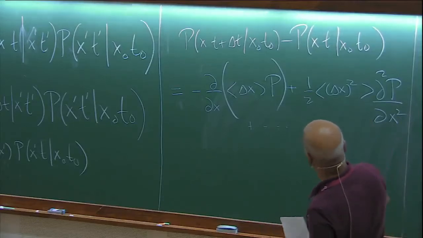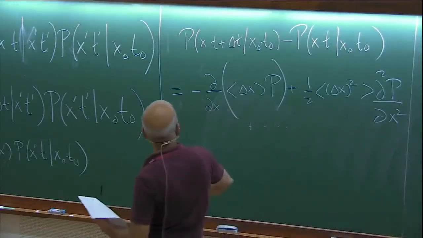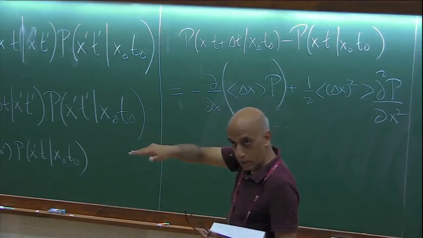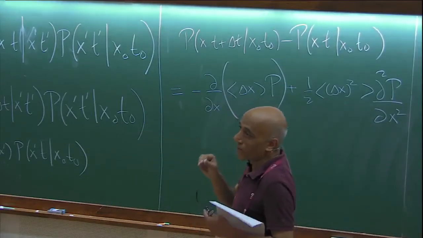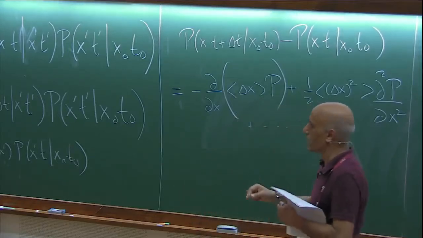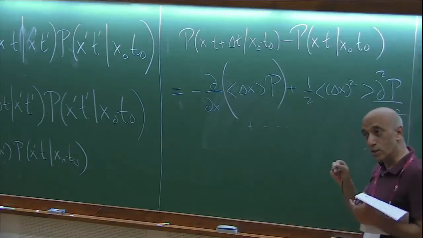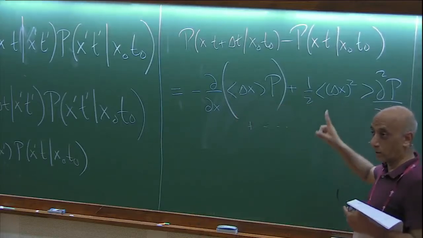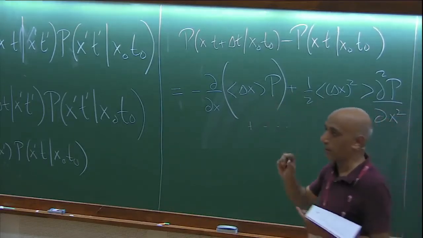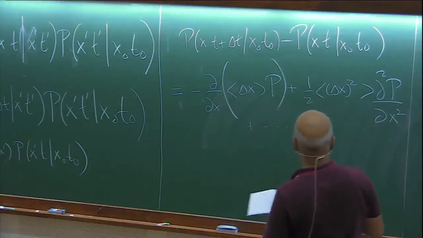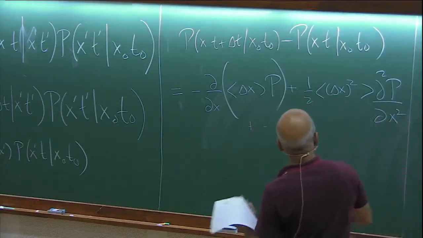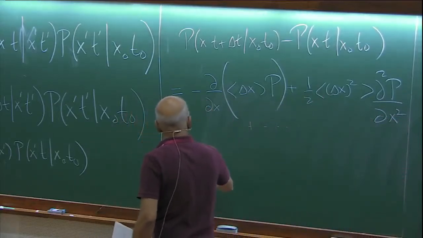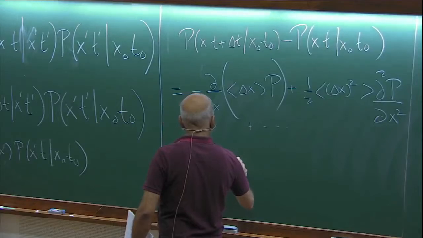Remember for the model that we looked at last time, delta x contained only the systematic force, which in general depended on x. And I saved myself really serious technical difficulties by making the noise not depend on x. Therefore, delta x squared will just be a number. And so I don't need to keep it inside. Otherwise, I have to go into another line of technicality about multiplicative noises, which I will not. Okay? All right. And we also saw last time that, for the Gaussian white noise,